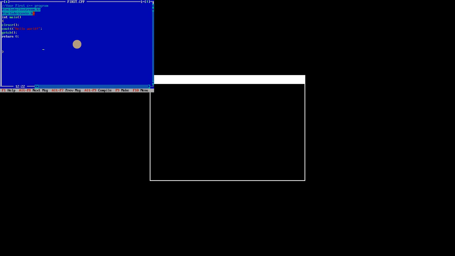This code is including the contents of the iostream file as well as the conio.h file, because we use clrscr and getch functions in our program. Those functions are provided by the conio.h header file.